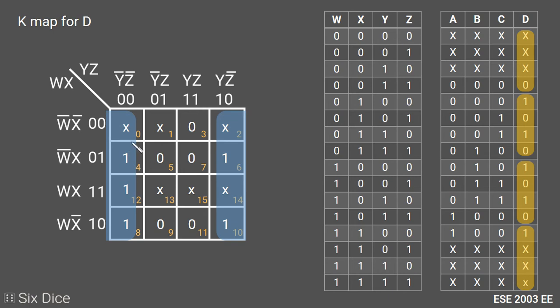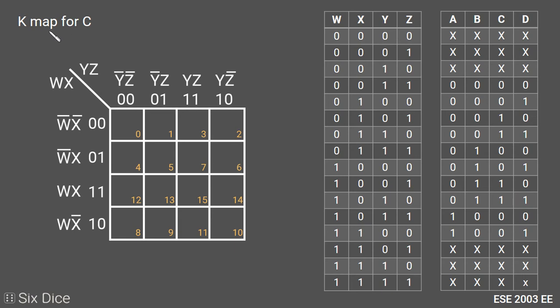Here we can combine an octet of ones with the use of don't care conditions, starting from the first column and the last column. This octet is minimized to Z bar, because Z bar is common in the first column and the fourth column. So D will be represented as Z bar.